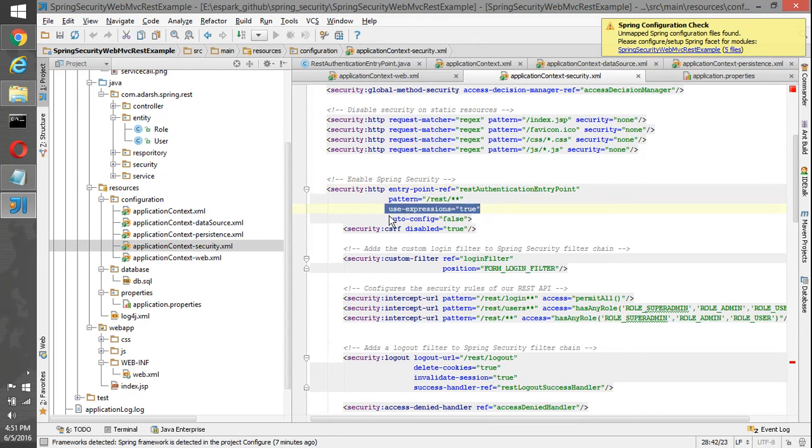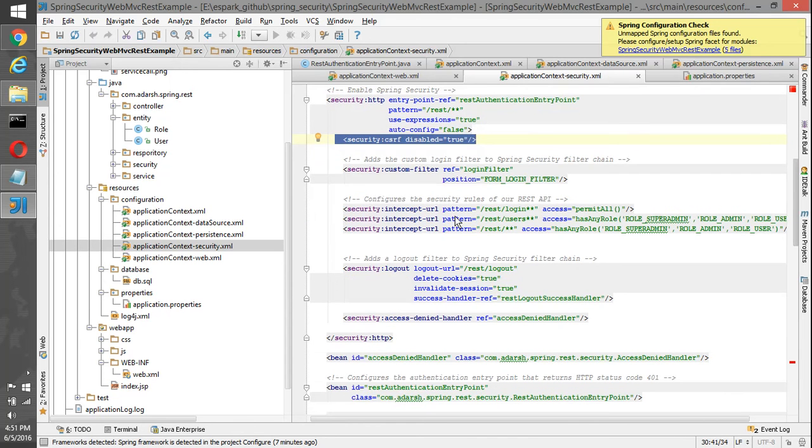Expressions we have enabled, auto configuration we have made false, and CSRF we have disabled here. Then we have a login filter, which is going to execute the form login filter at this position, so indirectly it is going to replace this filter.